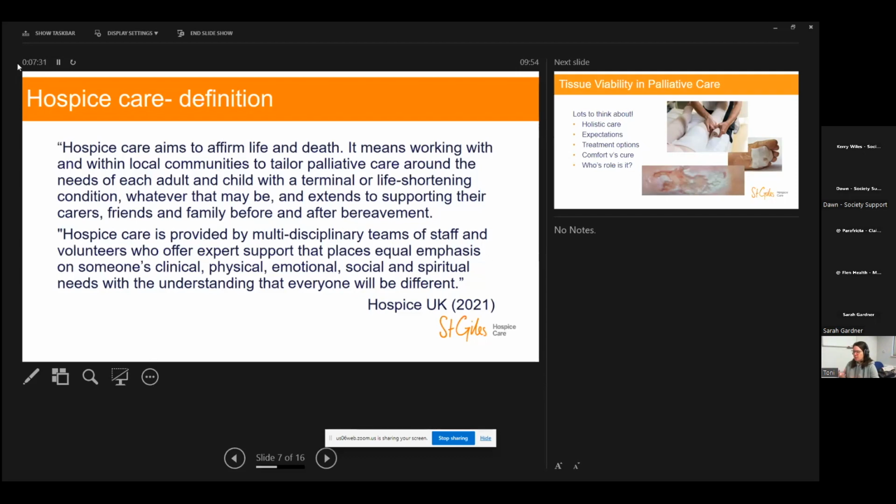Hospices are part of their local community. So often when we make decisions as a hospice, we will look to see how that will affect our community. It's more than just a building or the services that we provide. Like I said, it is an ethos, a way of thinking. And again, most hospices will provide services for those who are palliative and at end of life, and will often provide, but not all, some kind of bereavement service as well.